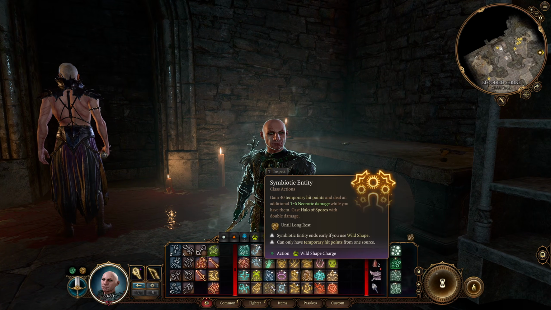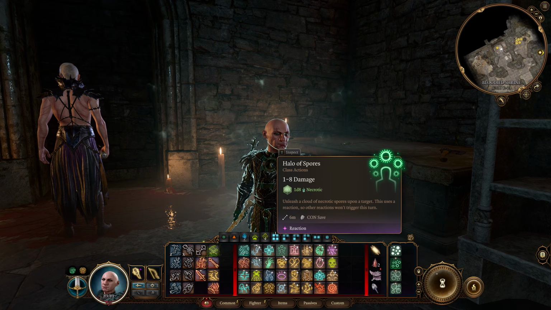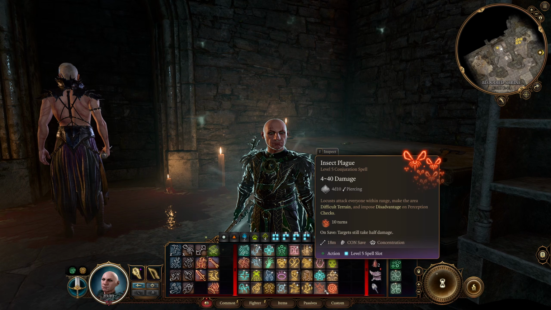And while our Symbiotic Entity is up, we're also going to be dealing that extra necrotic damage, and our Halo of Spores is now going to be doing 2d8 necrotic, which is awesome. We're also going to get a ton of other stuff like Animate Dead, Fungal Infestation, all of our summoning spells,